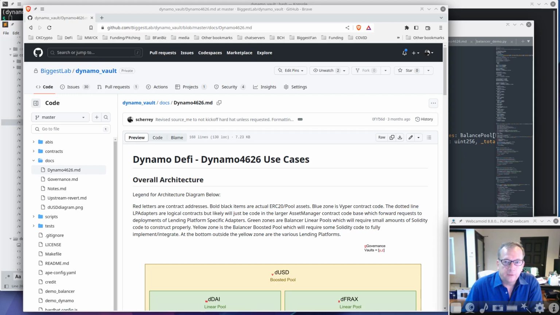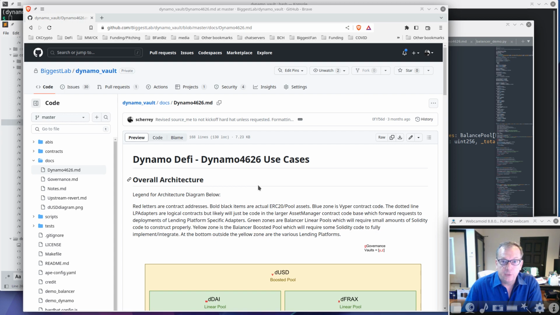Okay, let's check out this new decentralized asset from Dynamo Defi. This is a way of managing algorithmic USD stable tokens, DAI and Frax, GHO, and giving them optimal investments into various lending platforms, so that you don't have to worry about where you're going to be getting the best interest rate. And it does this by